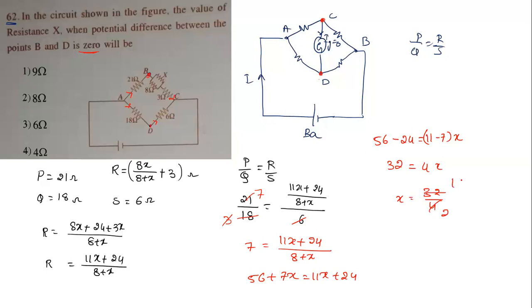So we cancel 8. What is the value of x? x equals 8 ohm. That's the answer: x equals 8 ohm. Is that clear now? This is the way you are going to solve. You need to think mindfully about what the question actually is. It is again a balancing condition question. Look at the next question now.